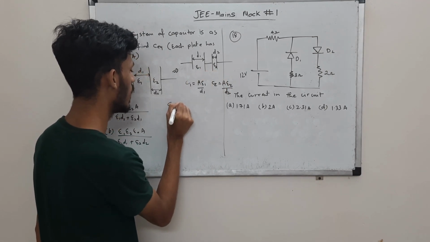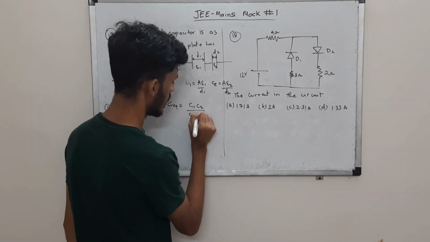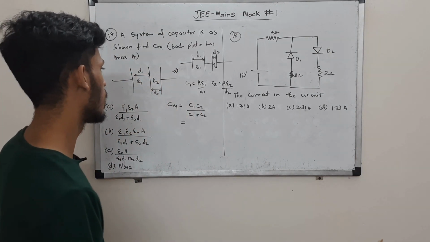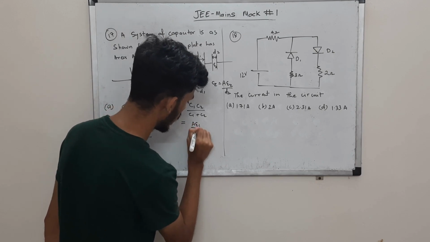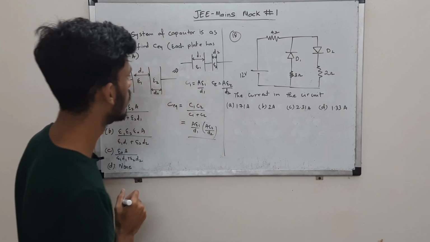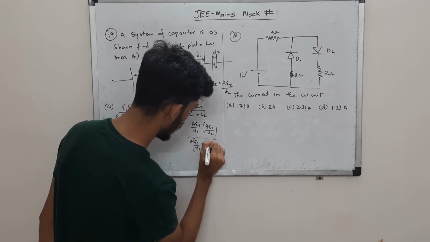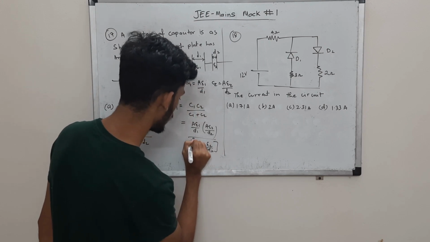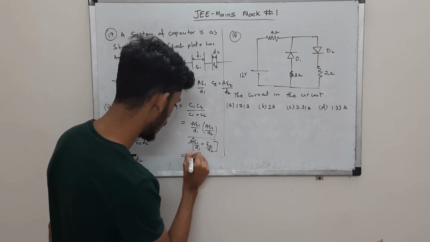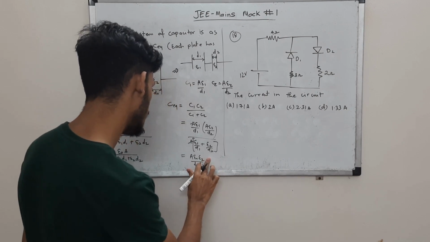So how do you find equivalent in series? Basically it is product upon sum, right? So C1 C2 upon C1 plus C2. For capacitors in series you take the product upon sum. So A epsilon 1 by d1 into A epsilon 2 by d2 upon their sum, A epsilon 1 by d1, I can take A common, plus A epsilon 2 by d2. One A can get cancelled and we'll have A epsilon 1 epsilon 2 upon d1 d2, and if we simplify this,